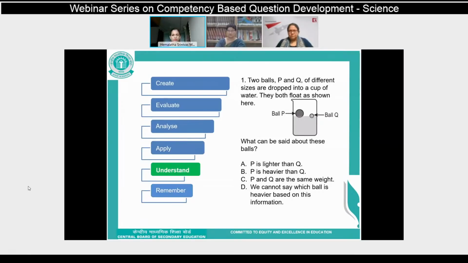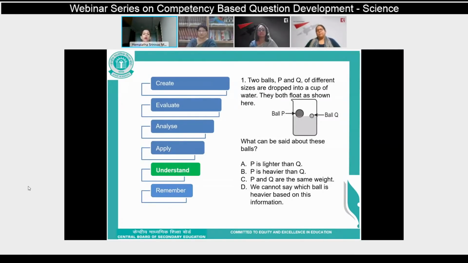slide, please. On the other hand, students can also be asked to interpret a graph or to predict what will happen in a given situation, or if a certain event were to continue, what the child is going to predict, how he is going to think. This question would require more thinking from students, and it comes under level 2, that is comprehension or understanding.